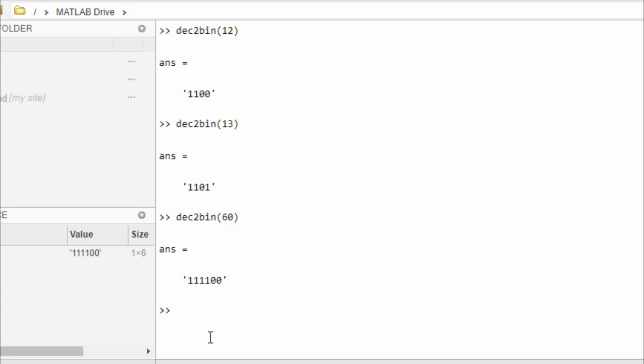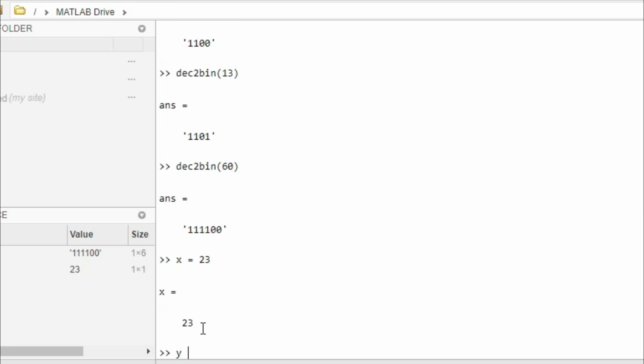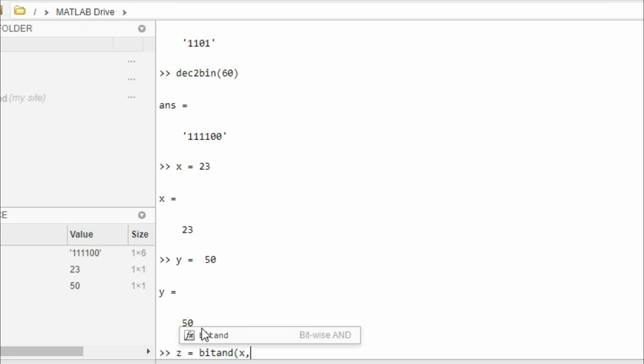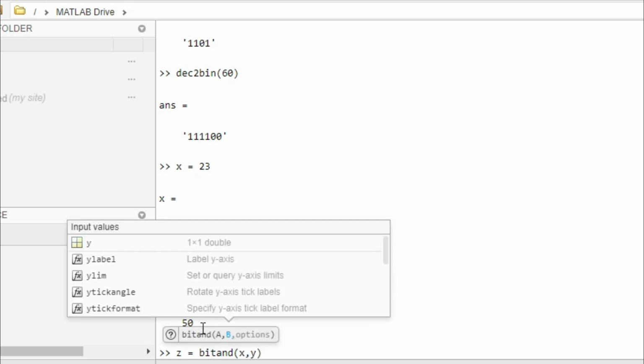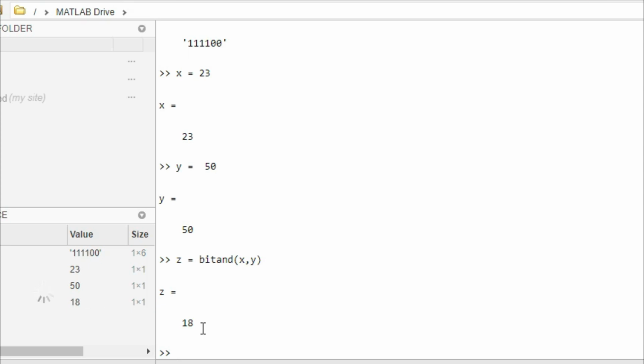So let's work on bitwise AND. Suppose we have x equal to 23 and y equal to 50, and z equal to bitand of x comma y. Here it gives 18.